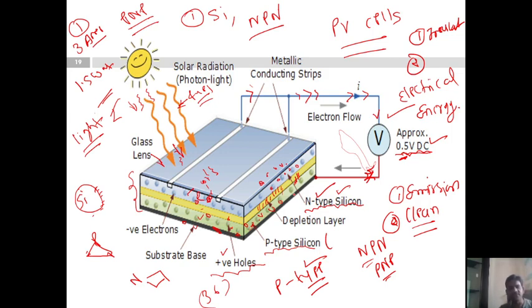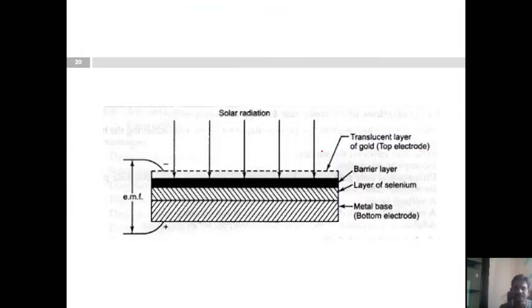Okay, so this is the simple explanation of solar energy. We can understand here, guys, whenever solar radiation strikes, the electrons will be excited. They move through these circuits by these conducting strips, and whenever electron flow is generated, voltage will be generated, EMF will be generated. And this electron comes into which type of conductor here? In p-type semiconductors.